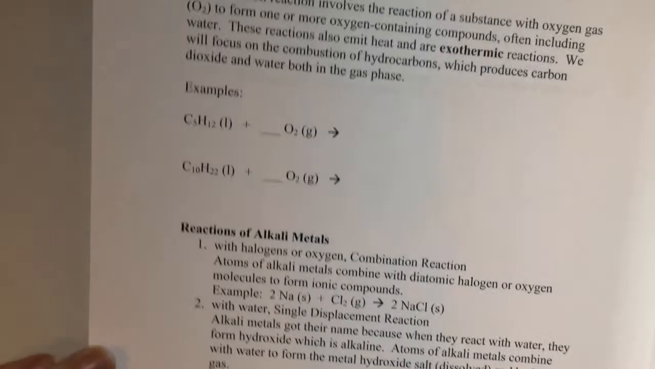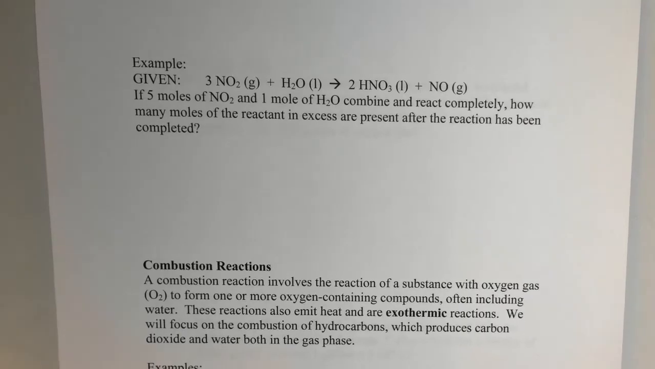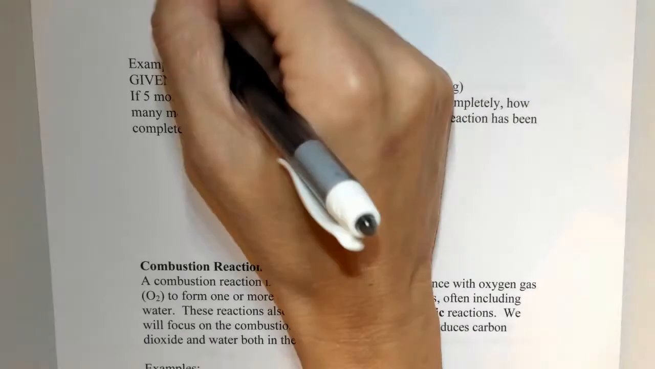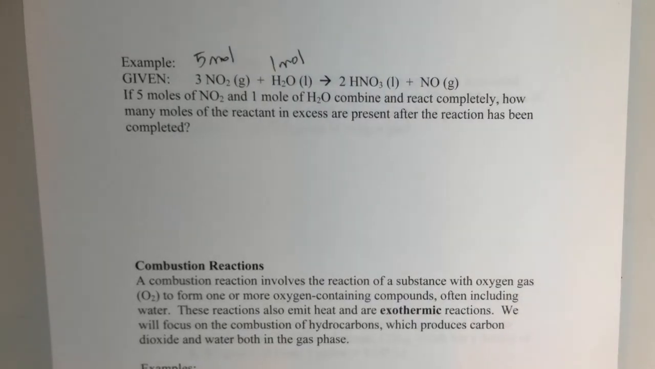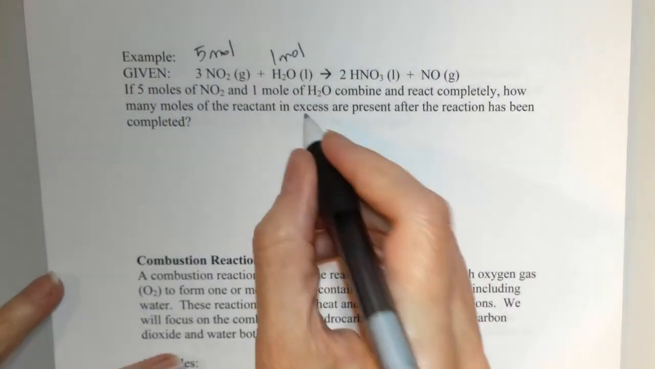All right, we got another one here. On the next page, it says, if 5 moles of NO2 and 1 mole of H2O combine and react completely, how many moles of the reactant in excess are present after the reaction has been completed? So this is something that comes up. We didn't do it in intro, but it comes up in Chem 1, where now we're looking at how much